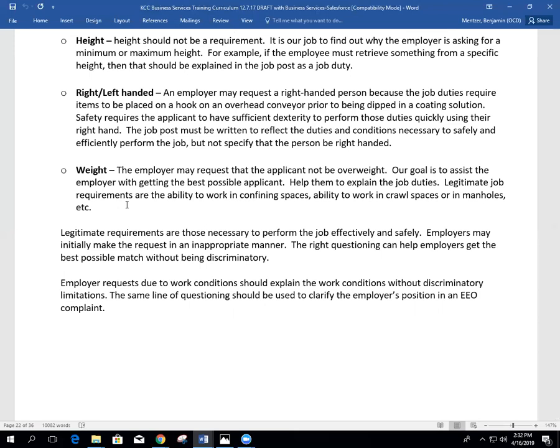You want to stay away from asking specific characteristics of a worker, and instead you want to point the employer towards job duties, putting things in there that the job seeker would have, or that the potential applicant would have to do at the new job, as opposed to what qualities or characteristics that particular applicant might have.